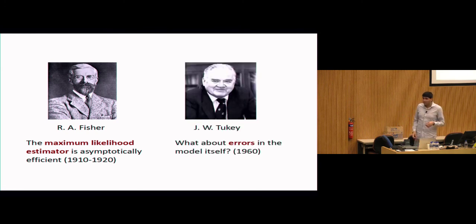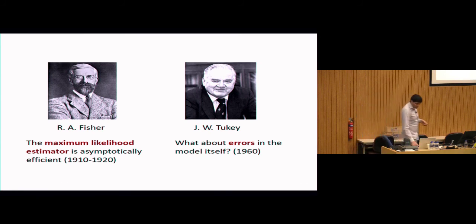So this talk will be focused on a different sort of question that you can ask about estimation, which is such a basic question that it could have been asked much earlier, but it traces its origins to the work of John Tukey, who asked, well, we know what's the best estimator when we really are given samples from a 1D Gaussian. But what happens when the distribution we're getting samples from is not actually a 1D Gaussian, but it's merely close to being one? So what happens if there are errors in the model itself? What type of estimators are good in that context?